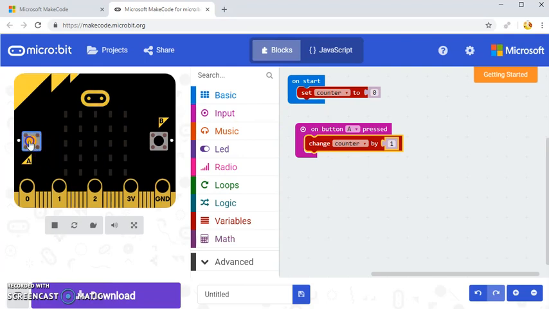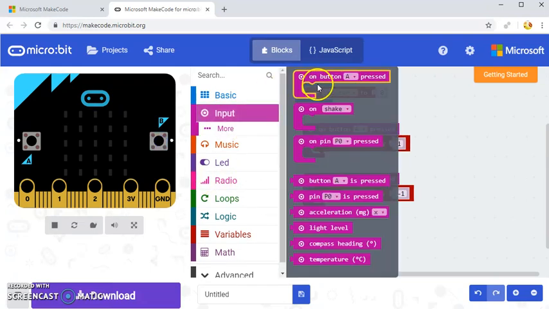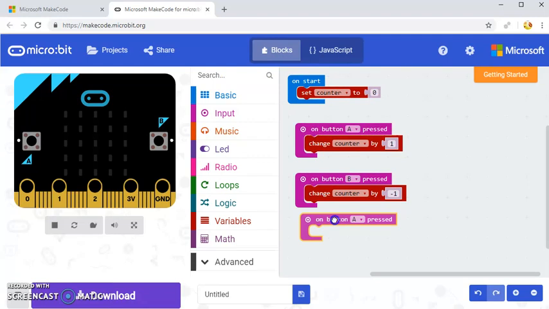So I'm going to just press the A button here. Now nothing seems to be happening, but actually it is changing the counter in the background. I just haven't coded anything to show the value yet. We'll do that in a minute. I'm going to right click here, and I'm going to duplicate the entire thing, because on the B button I'm going to change the counter by -1. Okay, so again, if I press the B button, it doesn't look like anything's happening at the moment, but I'm just going to do the final bit, which is the on button A plus B pressed,